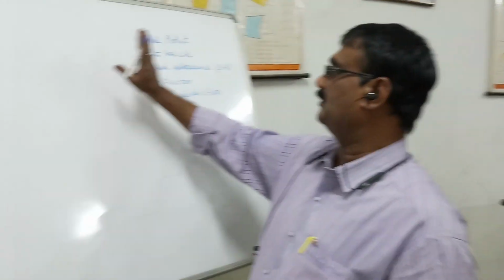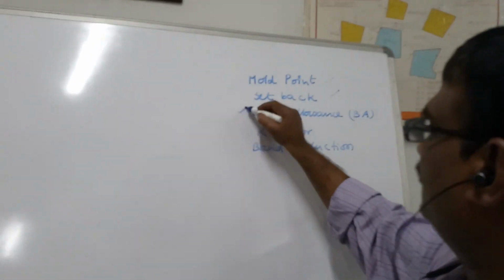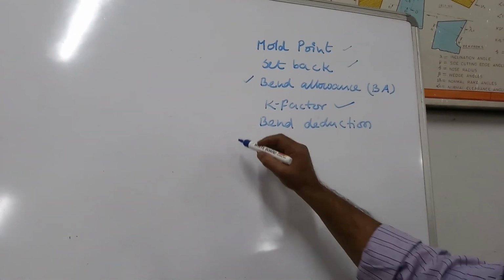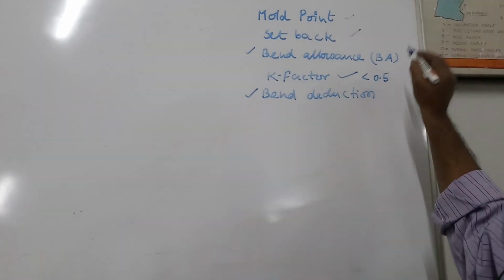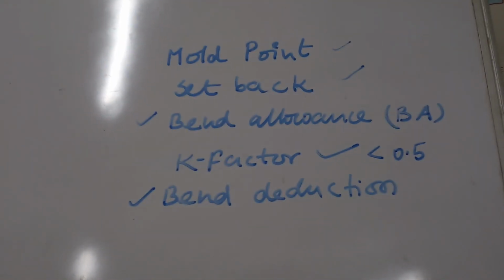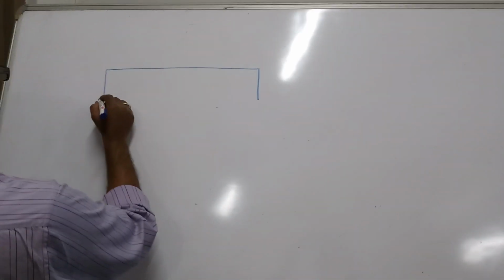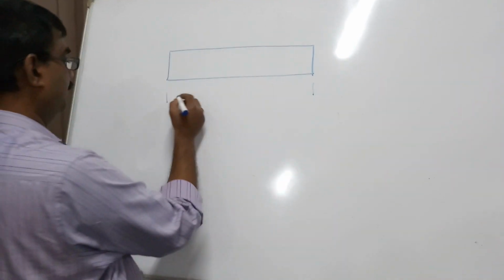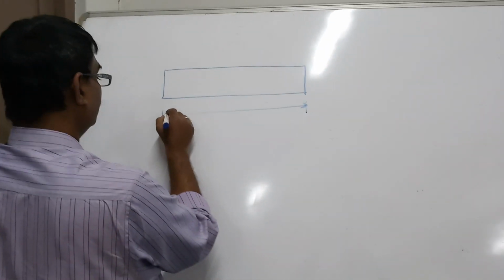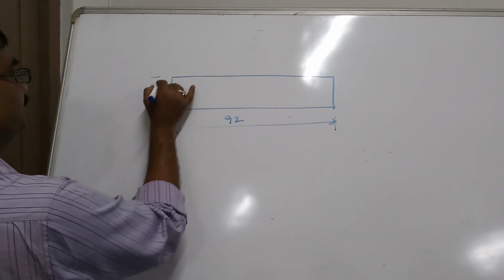This bending experiment is concerned with mold point, setback, bend allowance, K factor and bend direction. Okay, these terms are very important. So here you have been given raw material. Started development. Okay. So this is 92 and this is 20 mm width